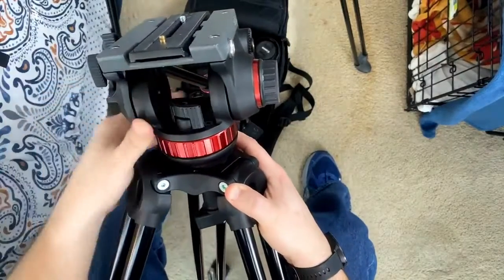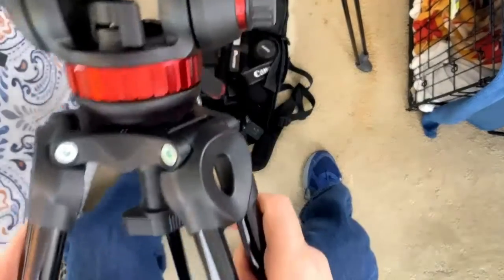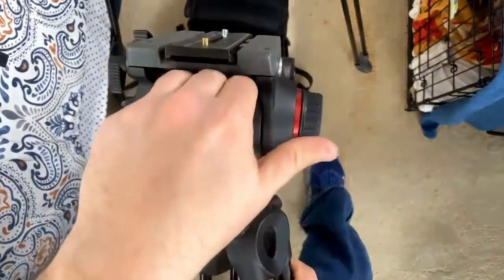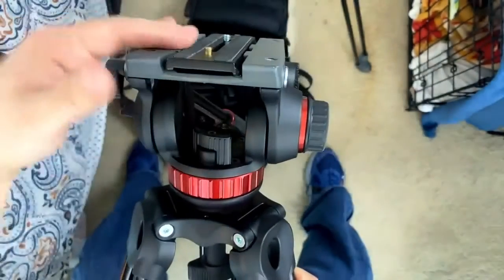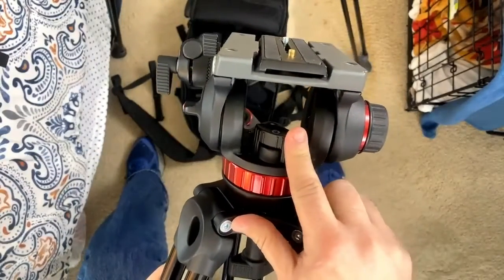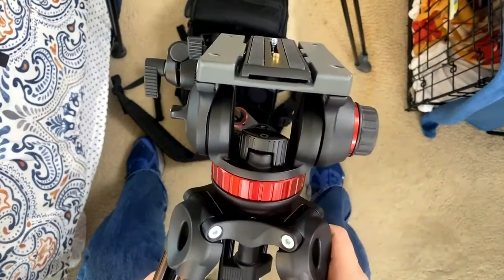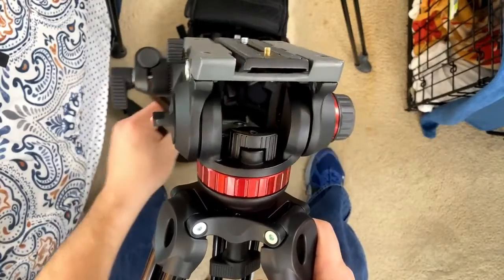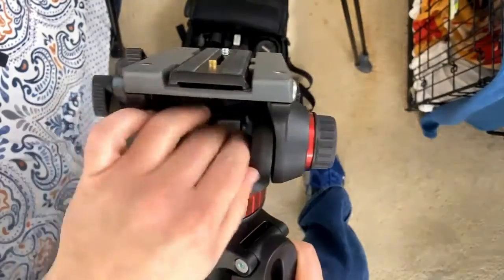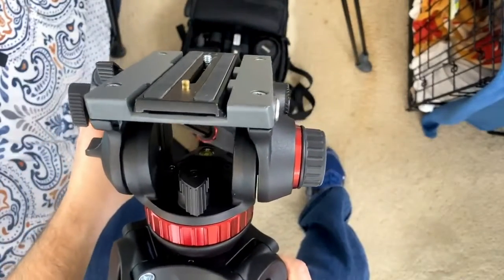Great. Straighten this out. There we go. Okay. So now we're looking sort of underneath where the camera would be. The camera would be mounted up here, and we're looking underneath in this spot right here, and there's a knob right here. Now, if I release this knob by rotating it counterclockwise, this is the pan lock for the video head. If it is turned to the right, to counterclockwise until it locks down, this locks the panning control,